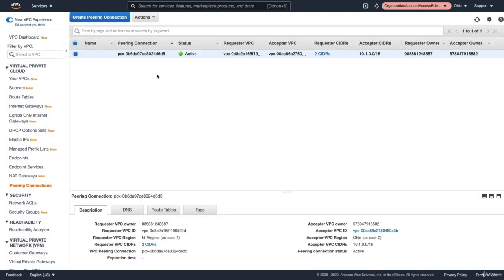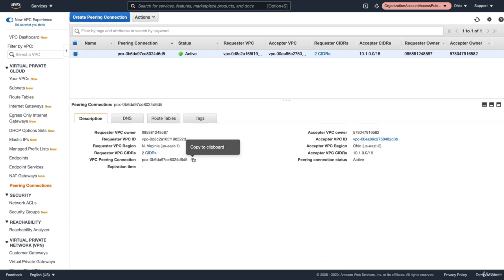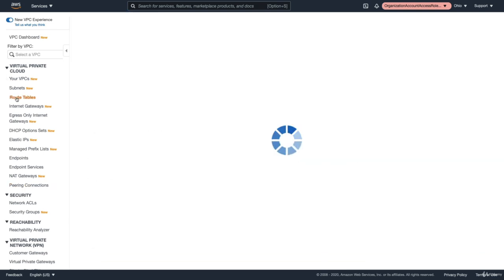So the other things we need to do, we've got to set up our route tables, and we've got to set up our security groups before we're going to be able to test the connectivity by using ping. So let's first go to route tables, and what we're going to need is this peering connection ID. So let's just copy it from here. Let's go to route tables,